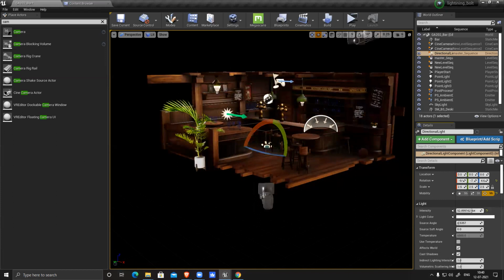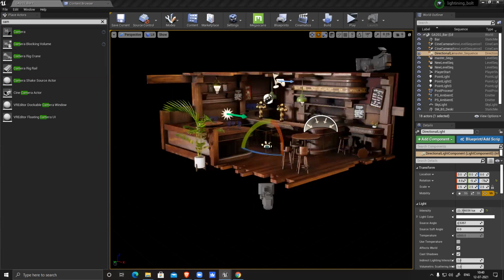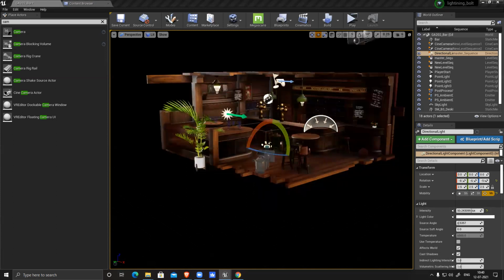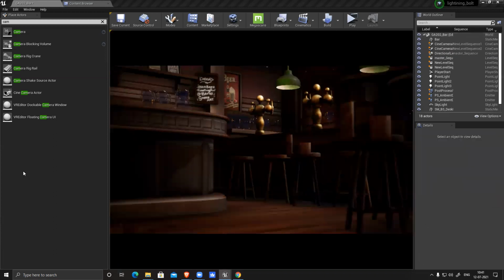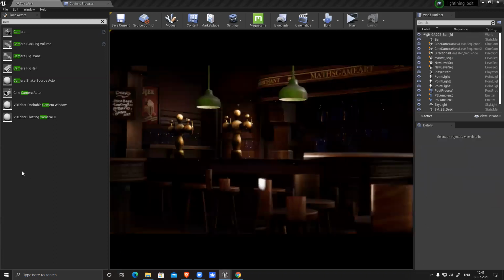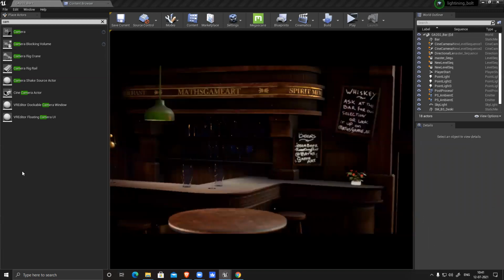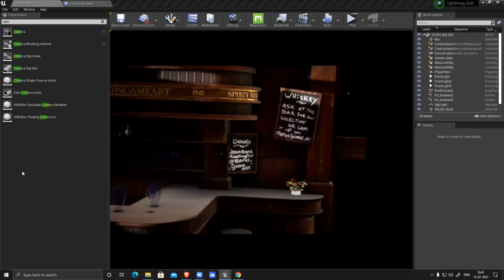It becomes brighter. So now it will change everything. I can control light also now. Click on camera and hit play. You can see all light moving now.